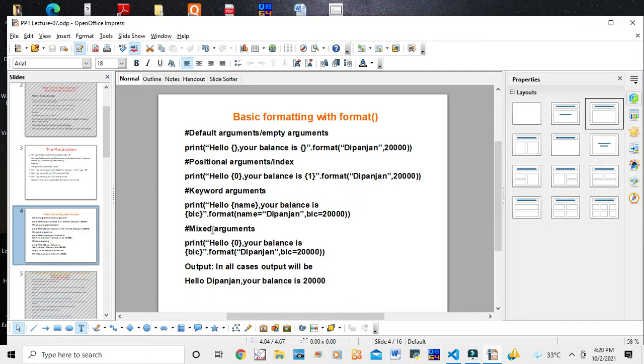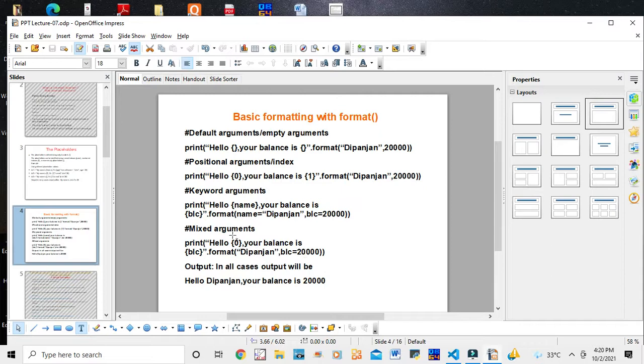Next I am coming to mixed argument. Mixed argument means sometimes keyword argument and sometimes indexing argument is used. You see, print hello, this is actually indexing, and your balance is keyword. Format Dipanjan, balance equal to 20,000.